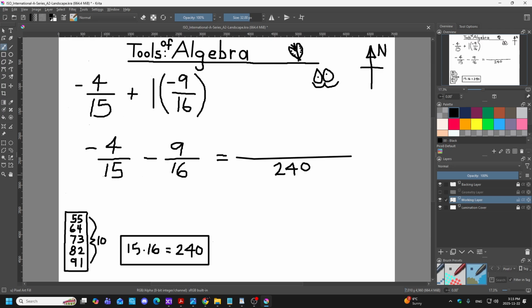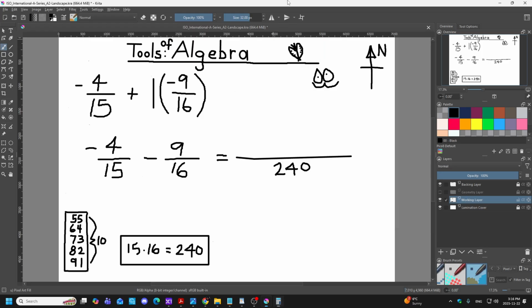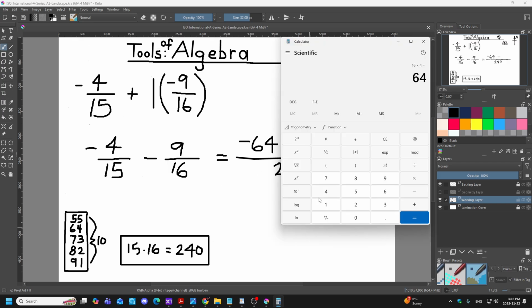So we have 16 times 4. 16 times 4, 64, right? Yes. Okay, so negative, don't forget the negative. 64. Negative. We're increasing. Same signs. That means we're increasing. Okay? Adding together, essentially. 15 times 9,